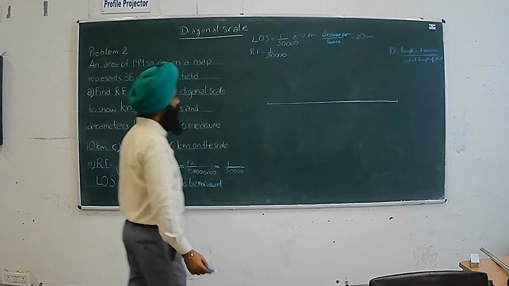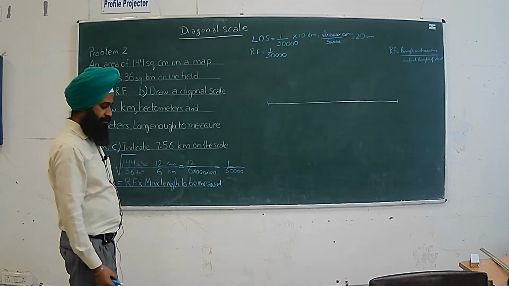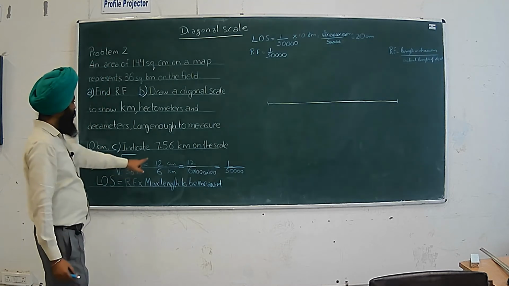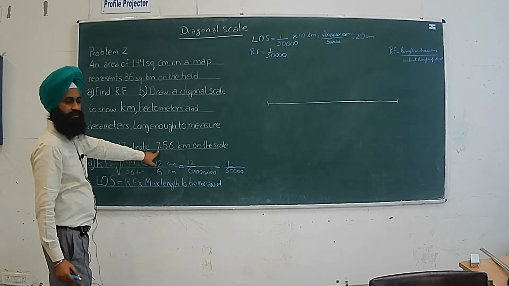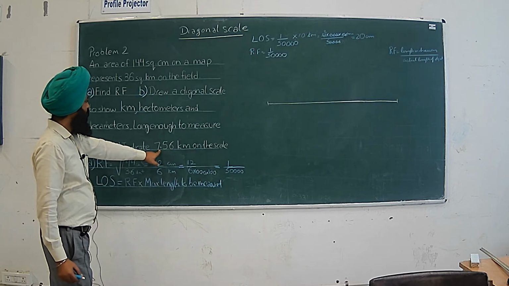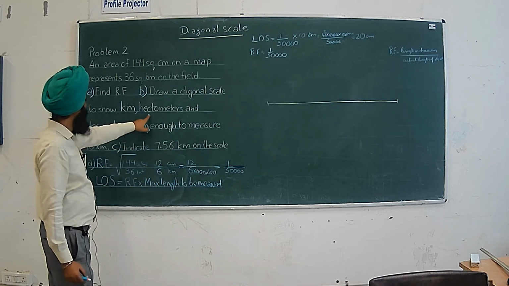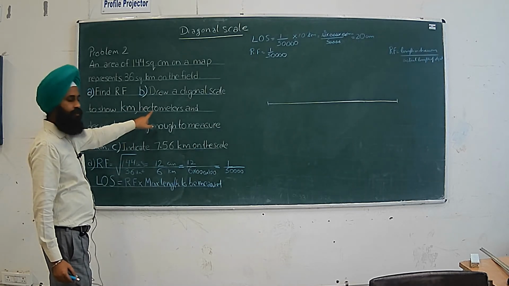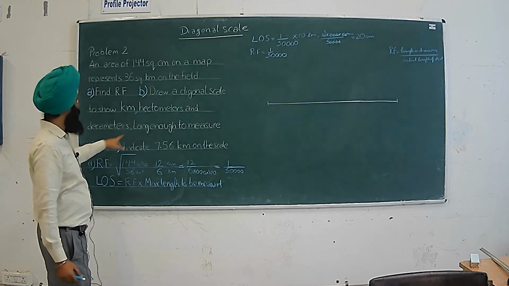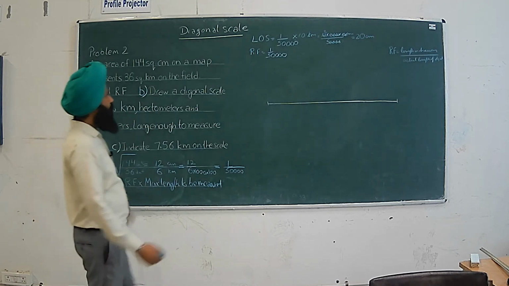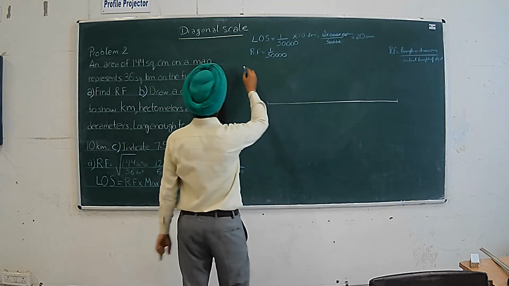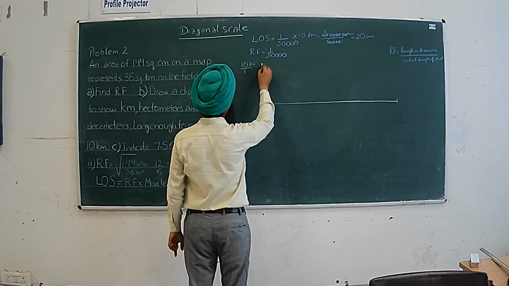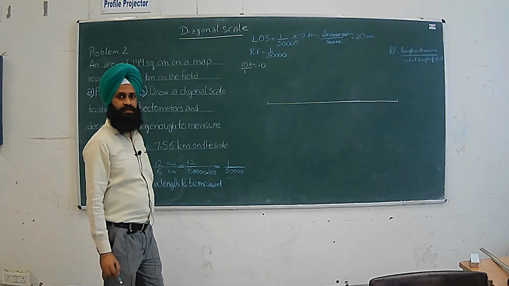So this line is 20 centimeter, but it is representing 10 kilometers, and we are to show the maximum is single kilometer 7.56. So it is single kilometers because we are to show kilometer, hectometer and decameter. So this is single kilometer, 1/10 of single kilometer is hectometer, and again 1/10 of single hectometer is decameter. So here we have 10 kilometer and the maximum unit is single kilometer. So we'll divide the line into 10 equal parts.